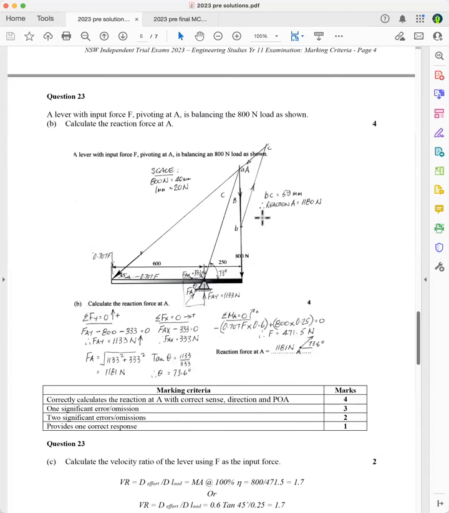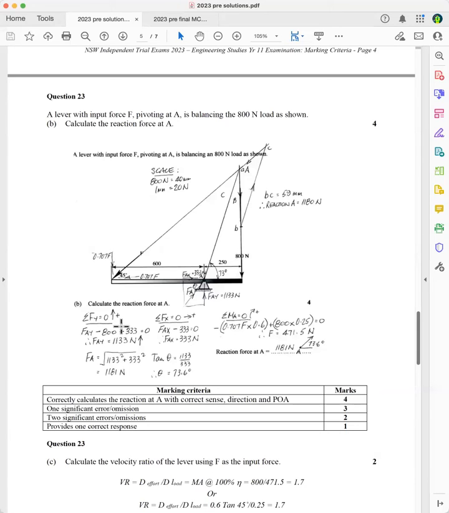And all you have to do is use the scale to measure that force there. So it works out to be 59 millimeters, and so it's 1180 newtons. And make sure you use your protractor to find the angle. I've found it to be 73 degrees. Now to do it analytically,